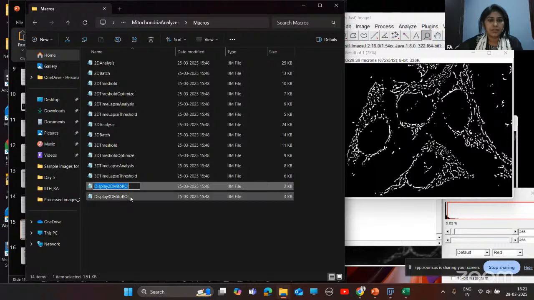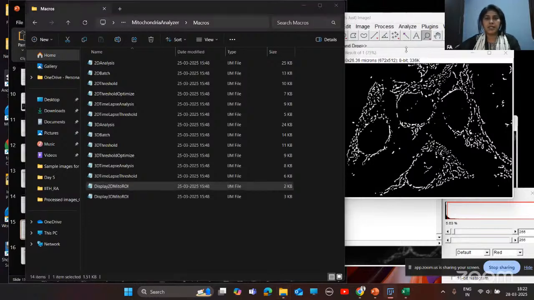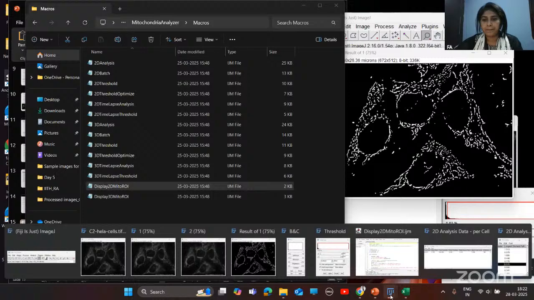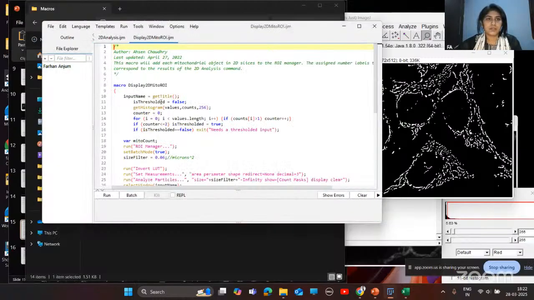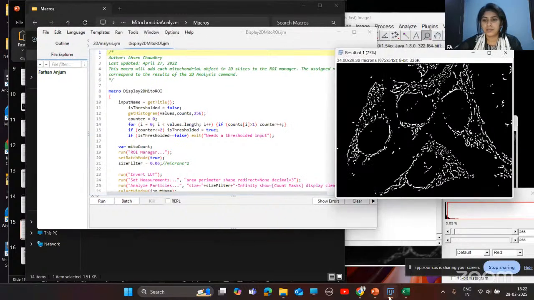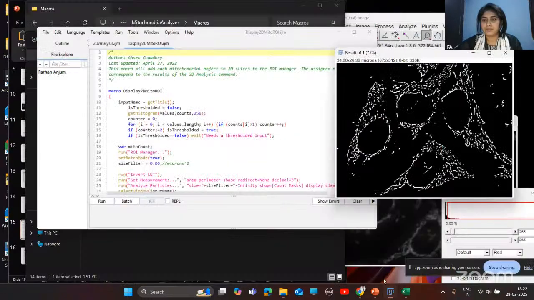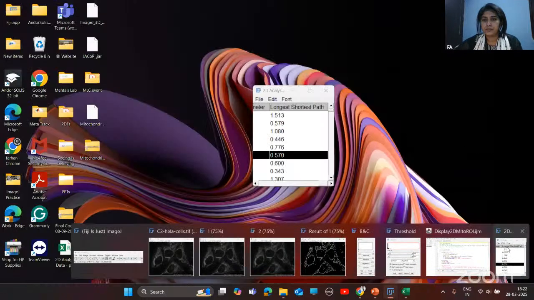This analysis is for per mitochondrial analysis. Okay, so we have this macro. We'll just select this. Before that, we'll close the previous values.